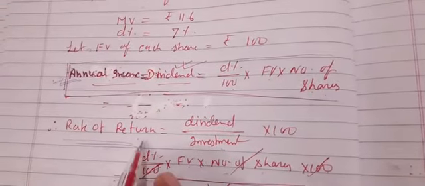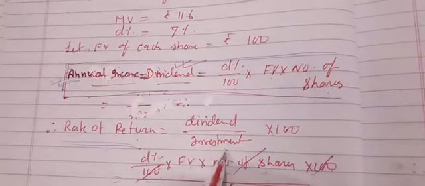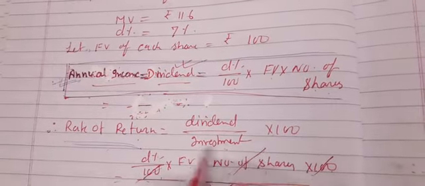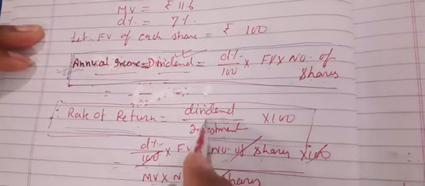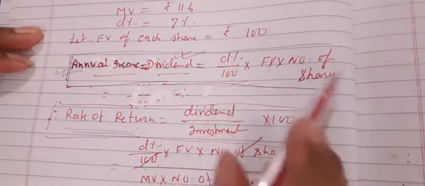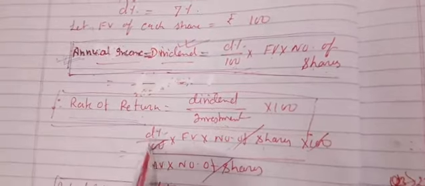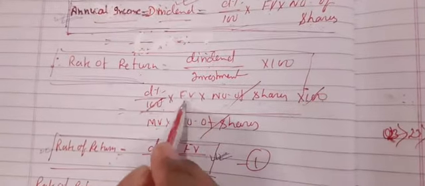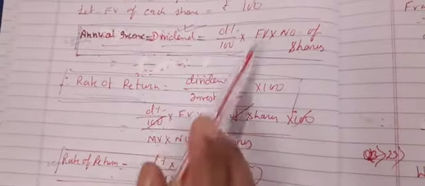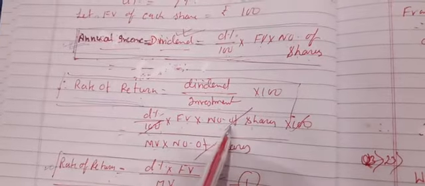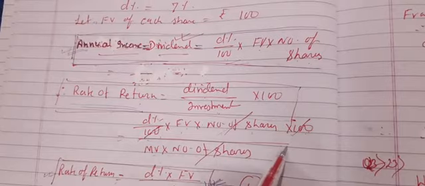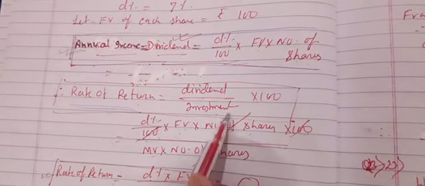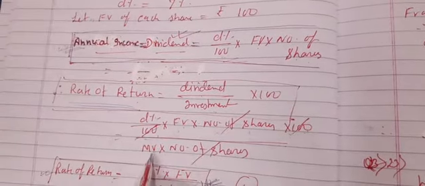Therefore, rate of return is equal to dividend upon investment into 100. You know that formula also. This is the second formula, that was the first formula. So in place of dividend I will put this value. See, I have written dividend percent upon 100 into face value into number of shares, and then this into 100. And in the place of the denominator, investment was written, and you know that investment is equal to